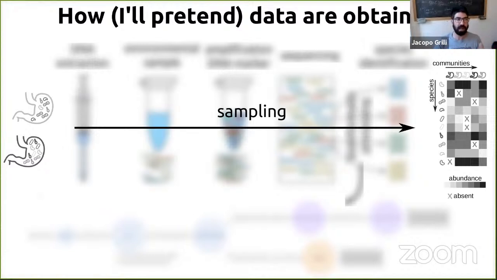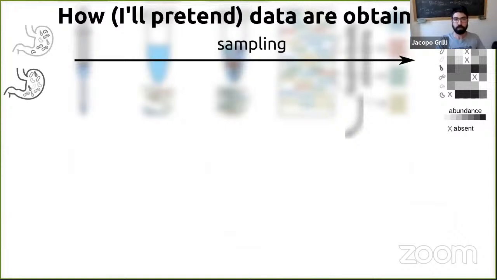For sure, we are sampling a small fraction of the individuals present in the communities. The thing you might disagree with is that this is the main source of technical noise. I don't have time to go through the details, but we can discuss online or offline what one can do to show that this is actually the case, that most of the technical variation can be modeled as sampling noise.